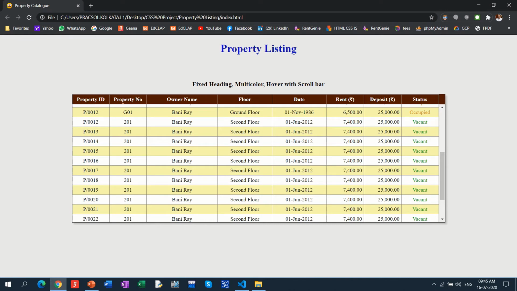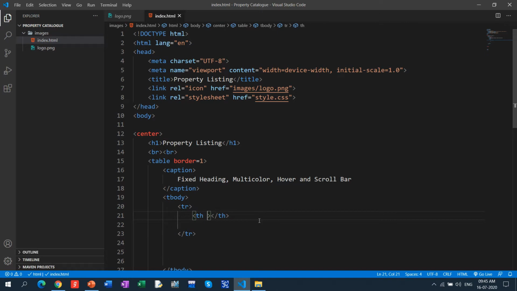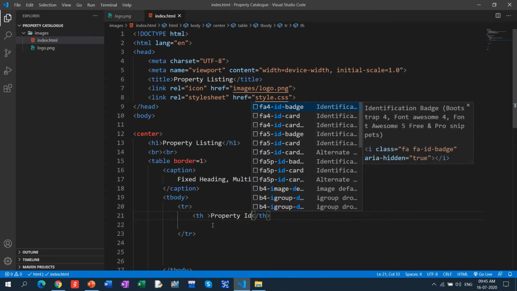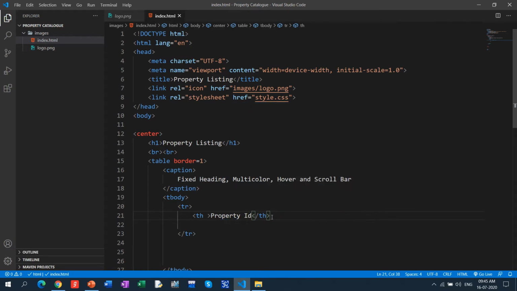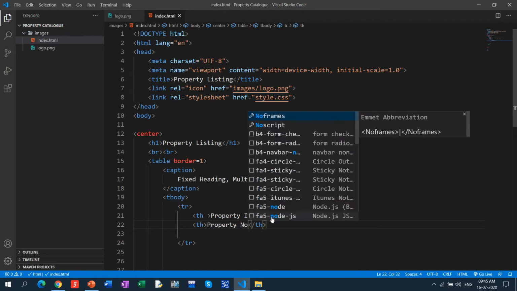Here the property ID, property number, that entire row I want to write down, the first row, chocolate colored. So first is property ID. Secondly, again th, that is property number.